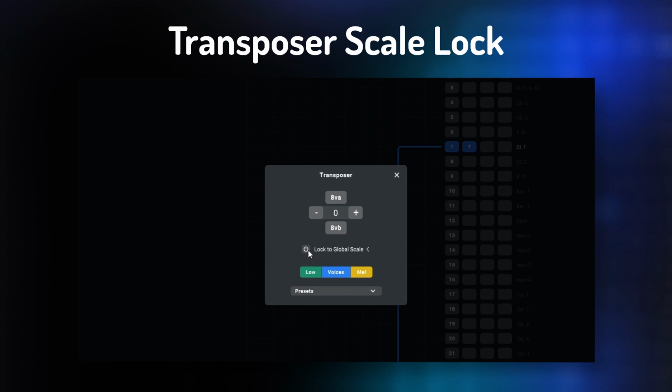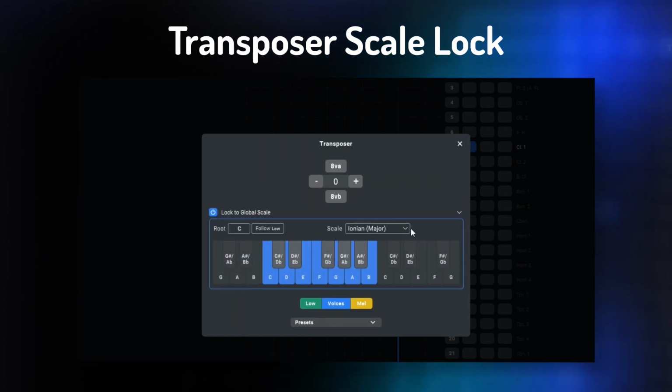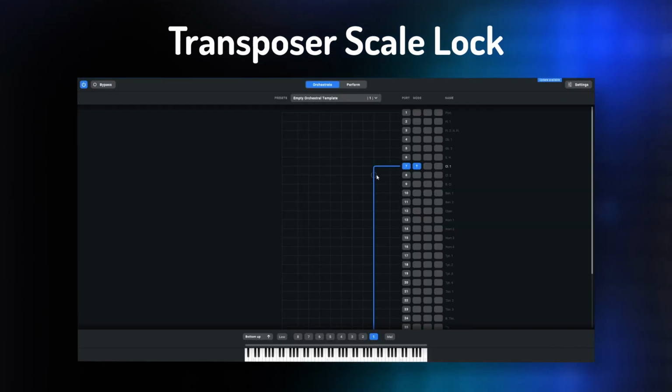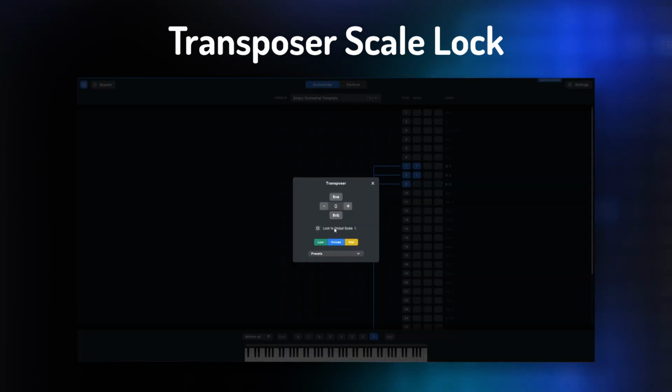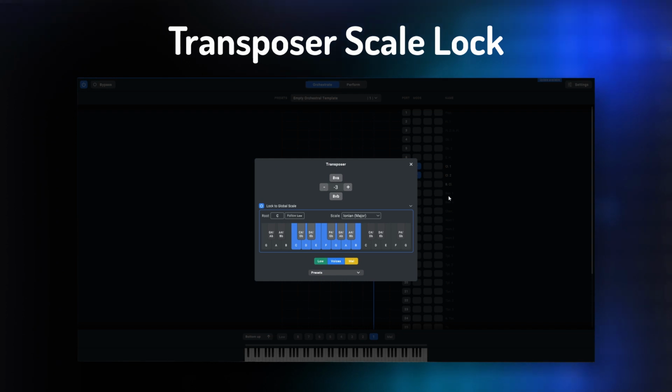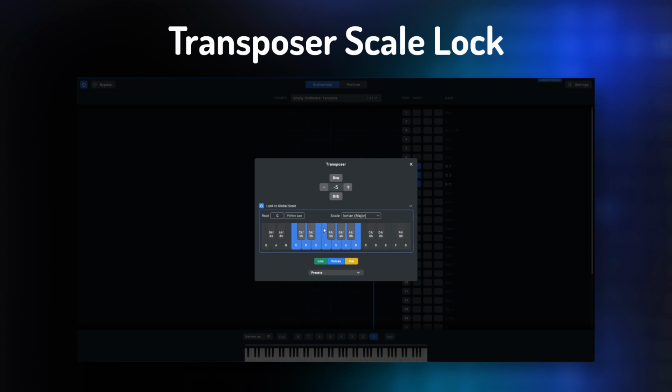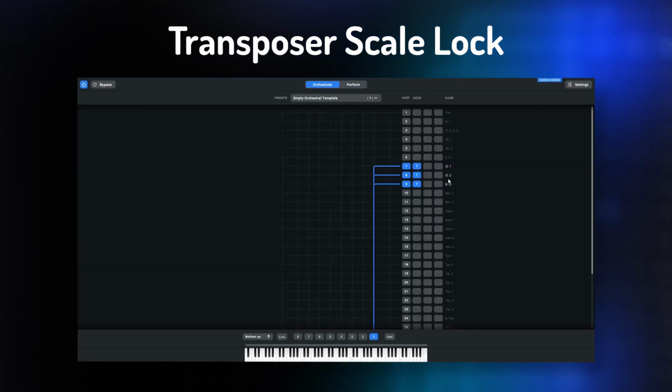Now, if I lock the transposer to a C major scale and do the same, transposing by single steps will move my note input along the C major scale. This scale is a global setting, so you can activate the scale lock on other transposers and transpose instruments differently along the same scale. This way you can build chords and voicings across the ensemble that shift and follow your playing diatonically.